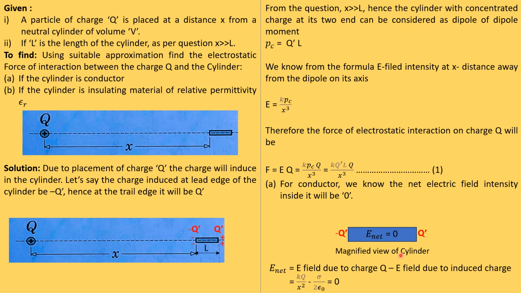So if the E field inside is 0, which charges are creating the E field inside? That is due to the charge Q, so we can write KQ by x square